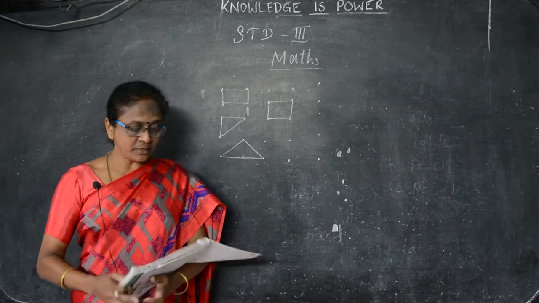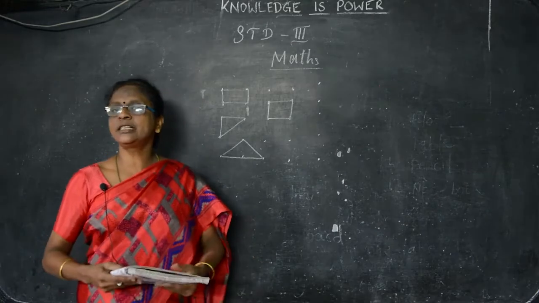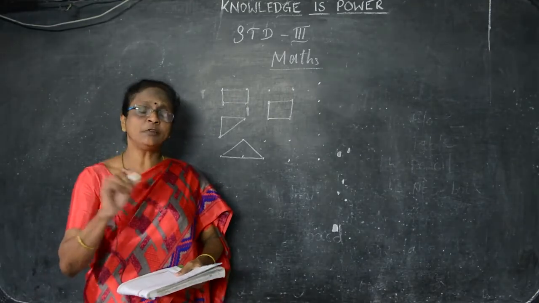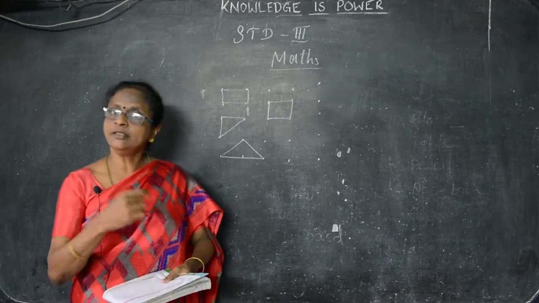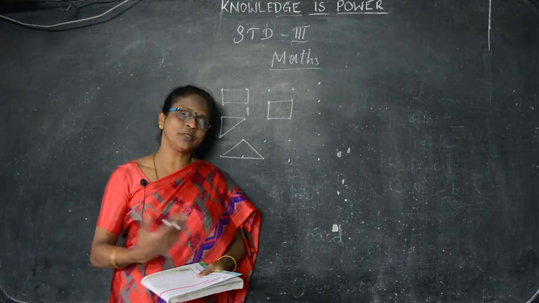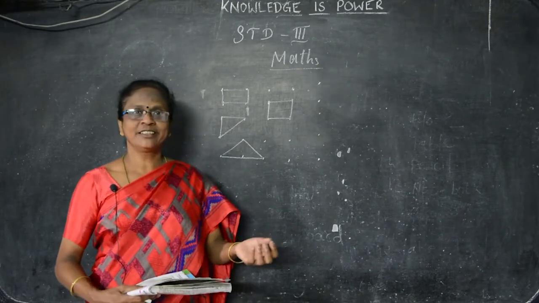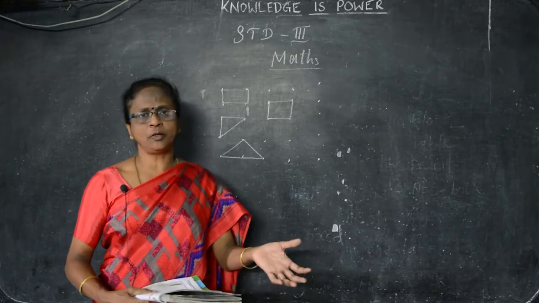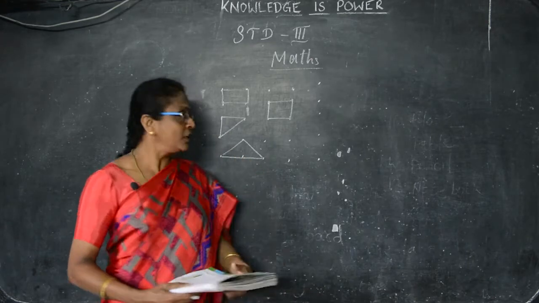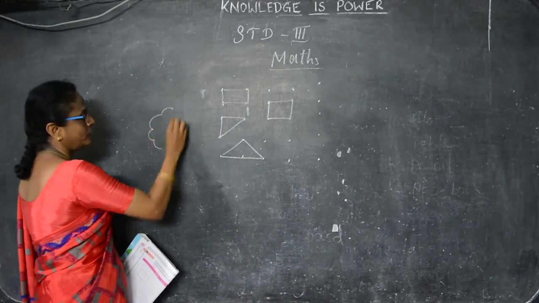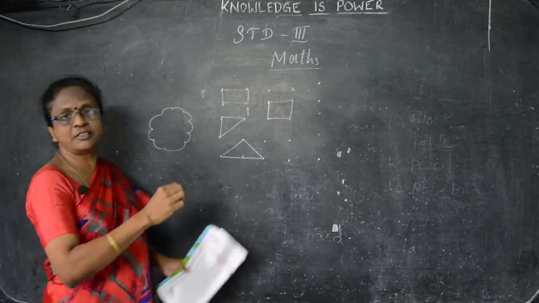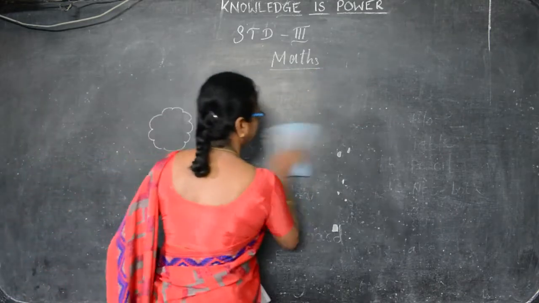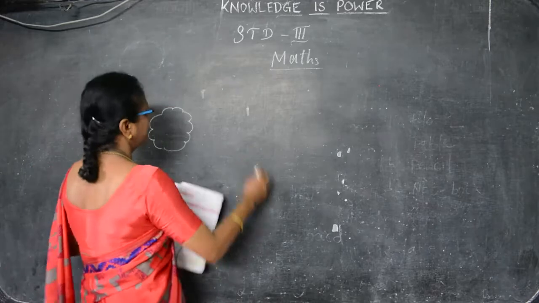Okay, now the next one is you can draw any shape. We have seen the curved lines and the straight lines. So using these curved lines and straight lines, you can draw some pictures and say whether it is a curved line or a straight line. You can see so many natural pictures around us, even the leaves, the clouds, and then the tiles, the cupboards, everything. Each one is made up of shapes. If you have taken the clouds, what shape is it? This is a curved shape.